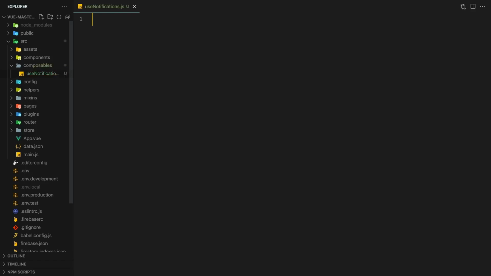The prefix use in the file name is a common convention used when creating composables in Vue.js. Next, we'll create and export a function called useNotifications. This is a necessary step for all composables. Then, I'll create a variable to store all the notifications in.